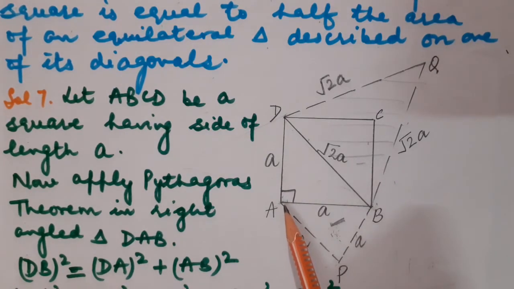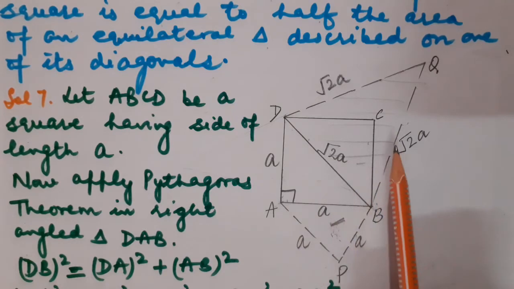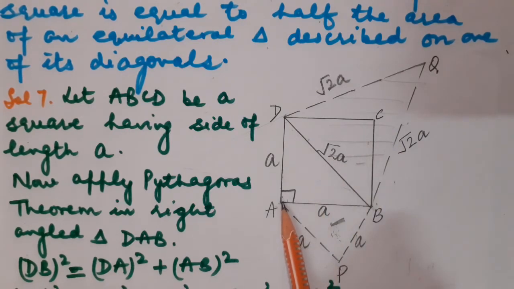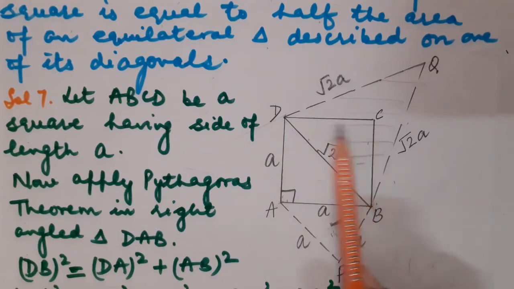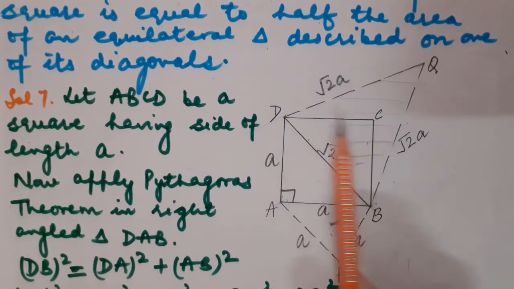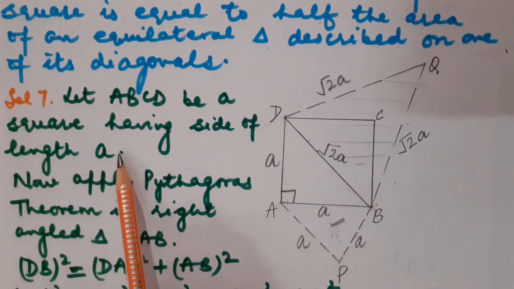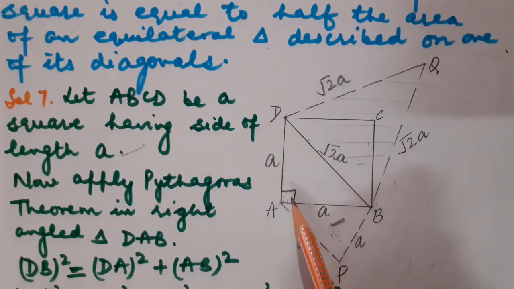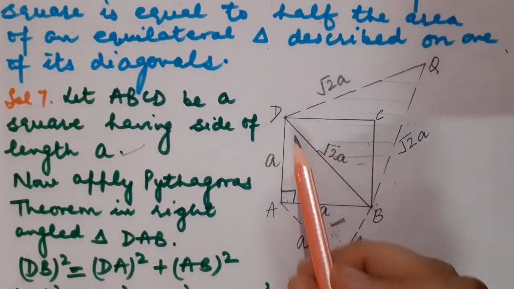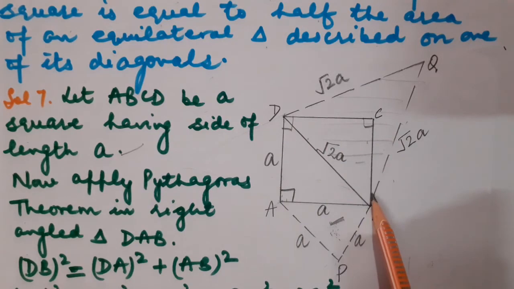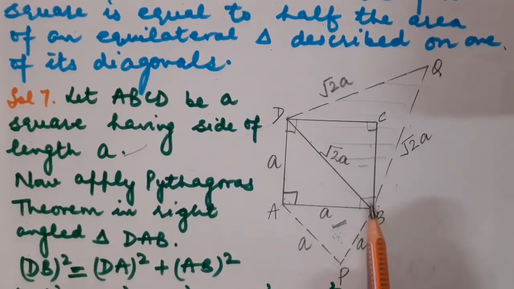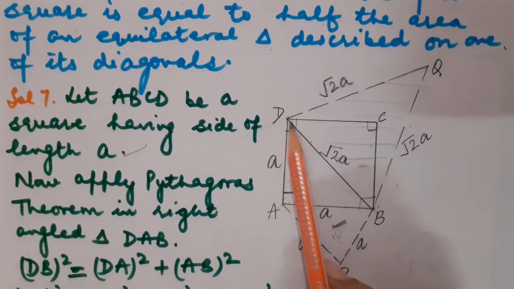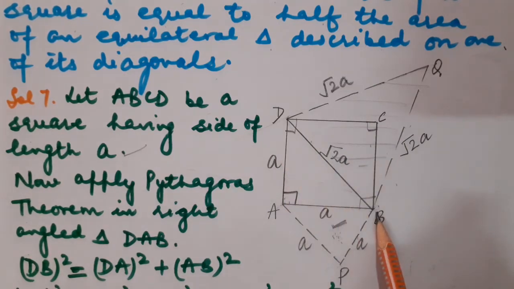First of all, children, as you know that there are two equilateral triangles which are formed using the side of a square as well as its diagonal. So first of all, definitely you will have to draw a square, that is square ABCD, of side length I have taken as small a. Clear? And children, you know that each and every angle of a square is of 90 degrees. Fine. And here I have drawn an equilateral triangle using the diagonal BD.